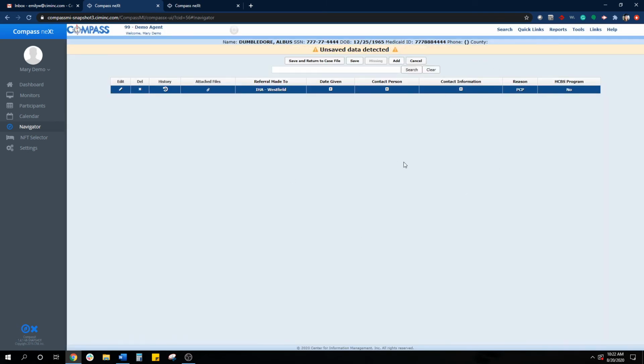And it's a standard multi-record data grid where you can continue to add more referrals. You can fill out this other information when you know it: the date given, the contact person, their contact information. And then this last thing, HCBS program. If it was a program referral, you would check that. If not, no. So if I add another,